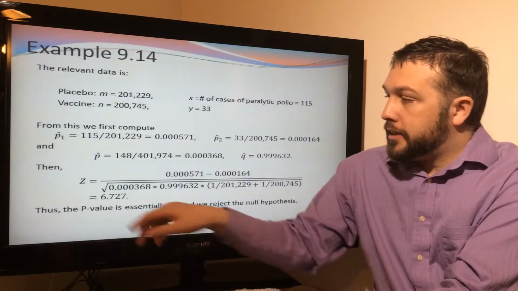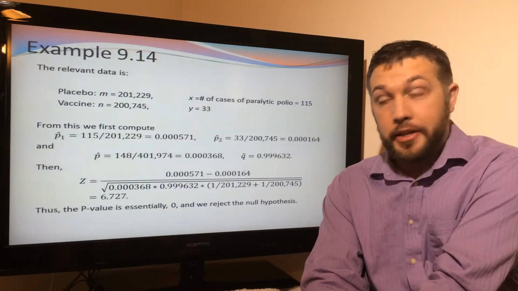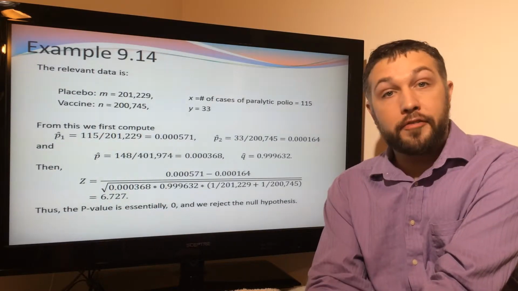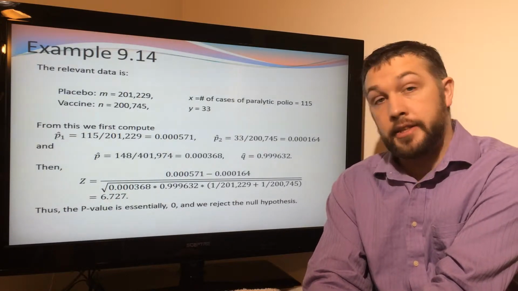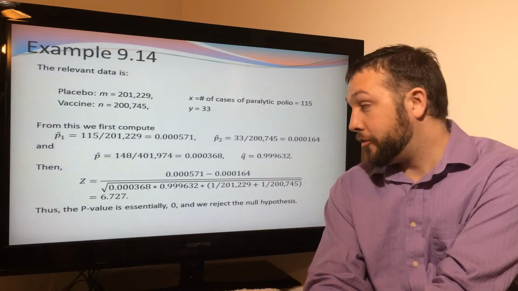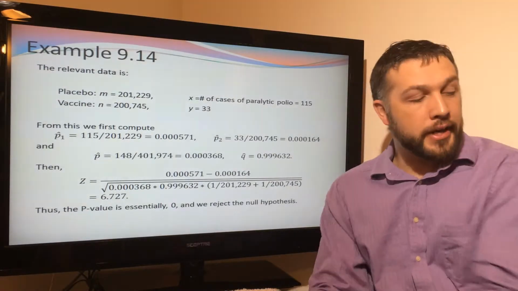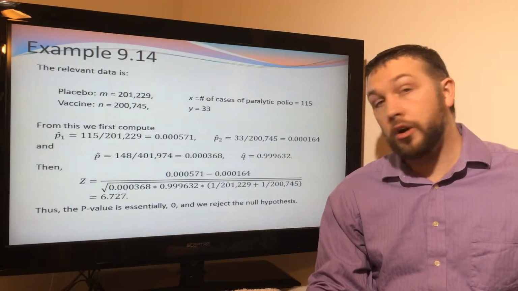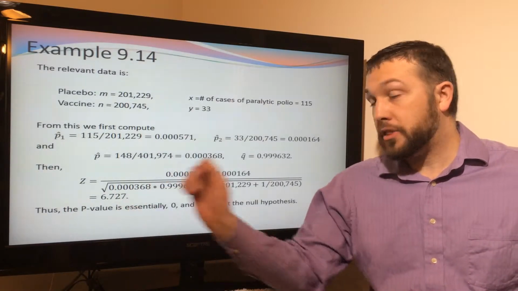And if you look at this test statistic we have, that's a z-value, and it's 6.7. By far the biggest one we've seen in this class, I think. Right? Normally we get something like 1 or 2, maybe 3, 3.5. Okay? By the time we get to 3.5, the p-value is pretty small, essentially 0. With this value,